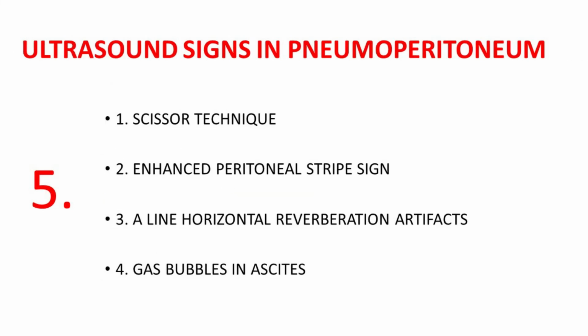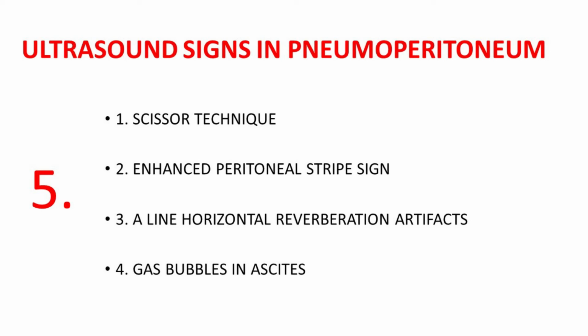The last one is about the role of ultrasound in pneumoperitoneum. In the last decade, ultrasound has made it easier to diagnose pneumoperitoneum even if the X-ray is negative. I'll give a multiple choice question and please give your answer. Are there any ultrasound signs or techniques to diagnose pneumoperitoneum?